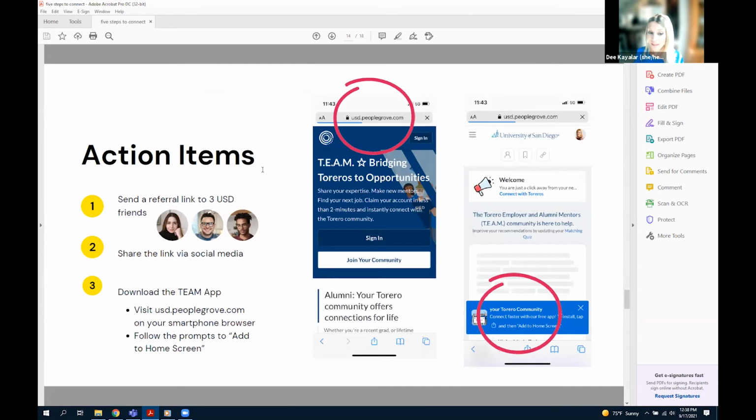And so once you've created your user profile on the team portal, you can go to your phone, and on your phone, type in usd.peoplegrowth.com. And then you'll get a little prompt to add team to your home screen. And then you just select this, and it'll immediately add the team to your home screen, so you can connect with your Toros online through your phone. So it's really quite simple to do